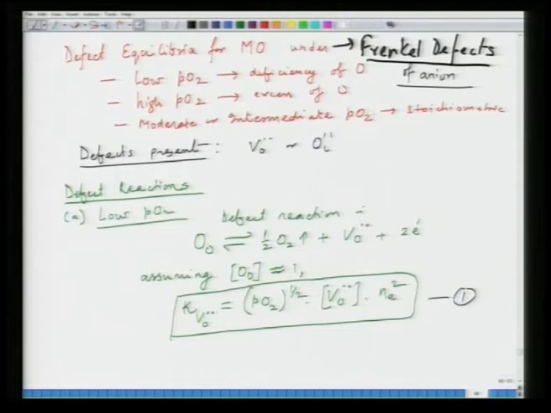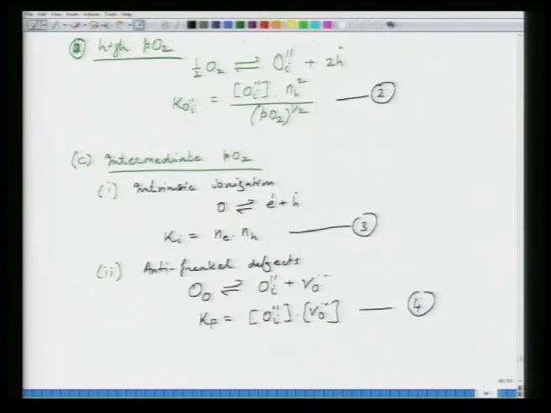So, now we write the defect reactions for low PO2. It is a familiar defect reaction that oxygen goes out of the system, giving rise to oxygen vacancy, and then we worked out what is the equilibrium constant for this reaction. Then we looked at the high PO2 case, similarly forming oxygen interstitials,